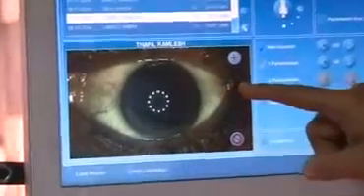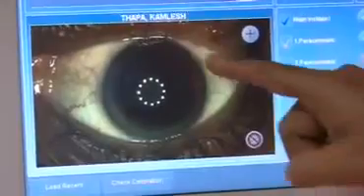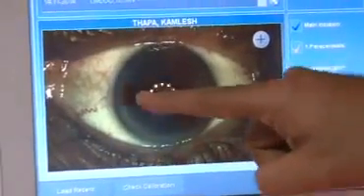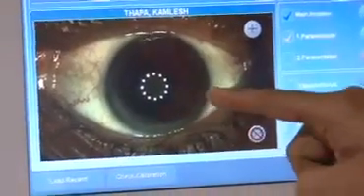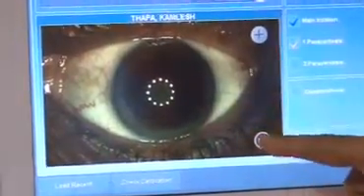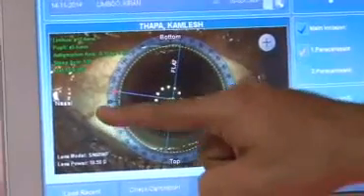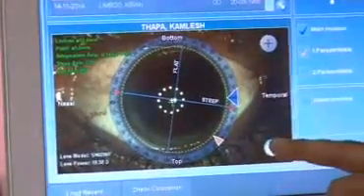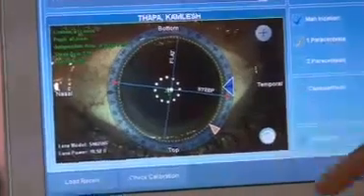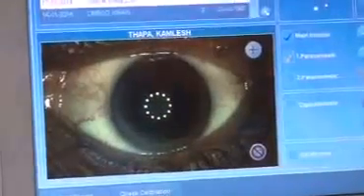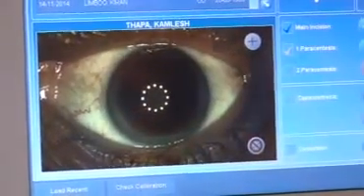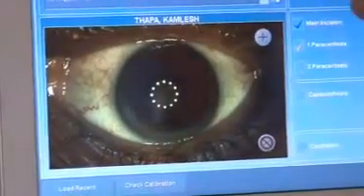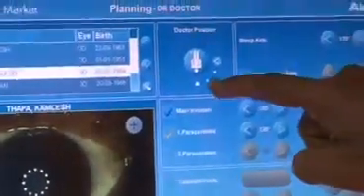So what the Verion does is that the OPD unit, which is the reference unit, will take this image in the OPD, and then this image is imported into the LenSx or onto the microscope in the OT, and then we can have this grid also visible over here, which is going to use the vessels. Once we are ready, this comes onto the overlay into the microscope as well to the surgeon, as you were showing when you were operating, and that identifies these blood vessels and does the orientation, so you don't need to mark for the toric lenses. Now here is where the doctor's position can be decided.